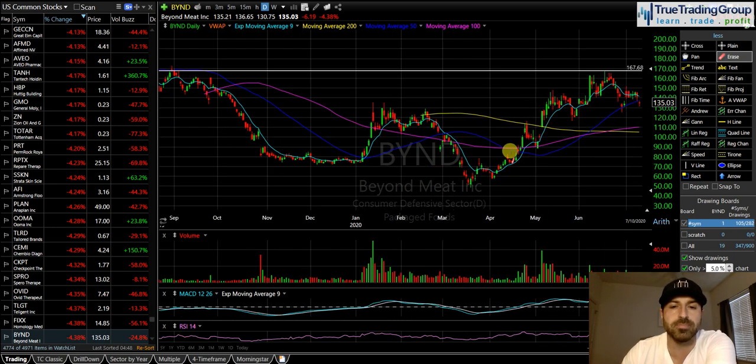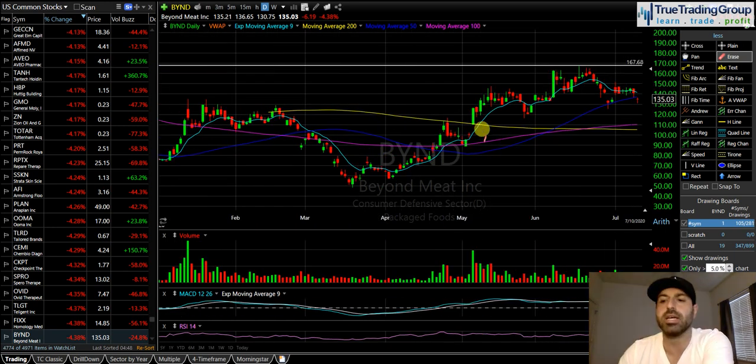We also had, I believe it was Citigroup today, an analyst, I believe it was at Citi, that initiated coverage on Beyond Meat today with a sell rating. That's what caused the initial weakness and the gap down here today on Beyond Meat. But as I look at this chart setup on the daily chart, I start to see a head and shoulders